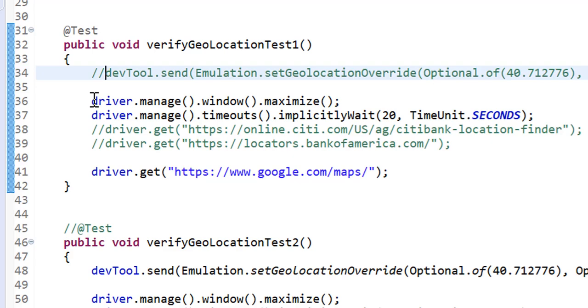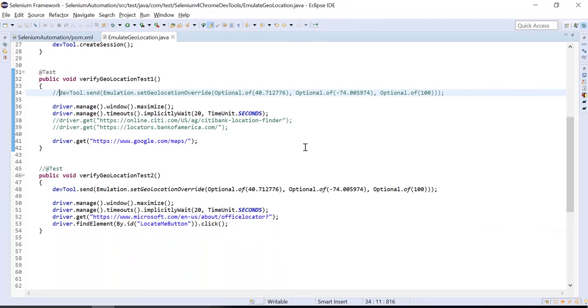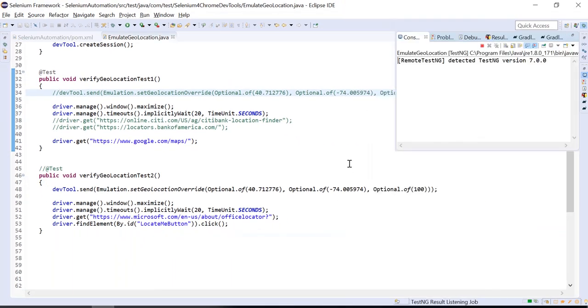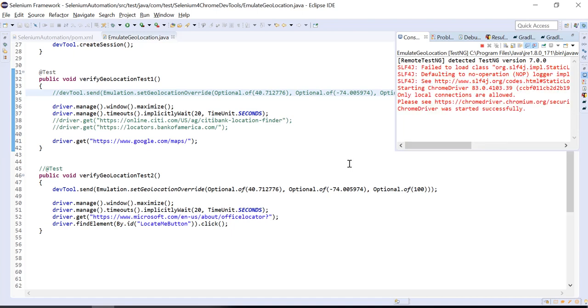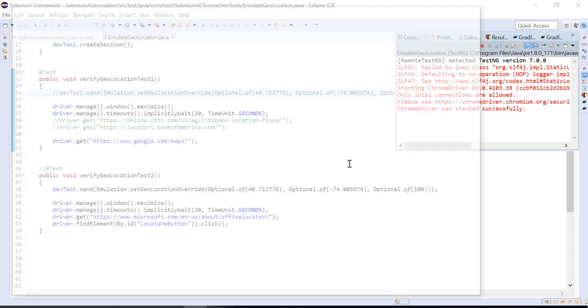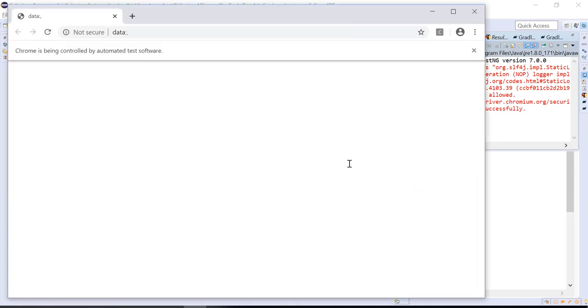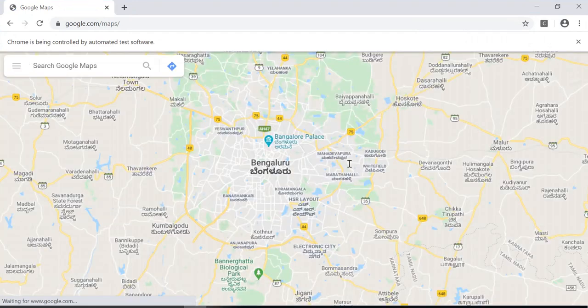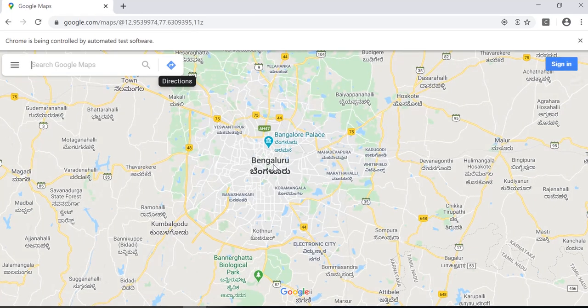So without that, I'm going to execute. Let me execute. I started, the browser is going to open, and Google Map is opening and loading. It has loaded the Bangalore city map.